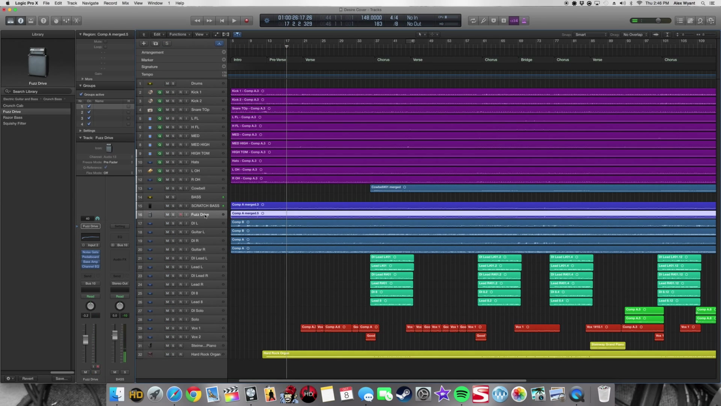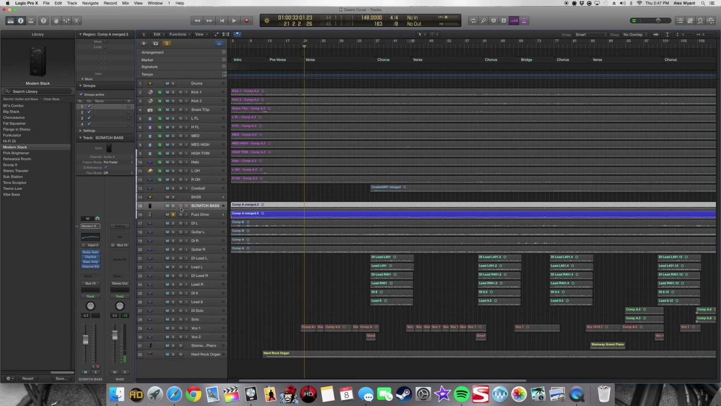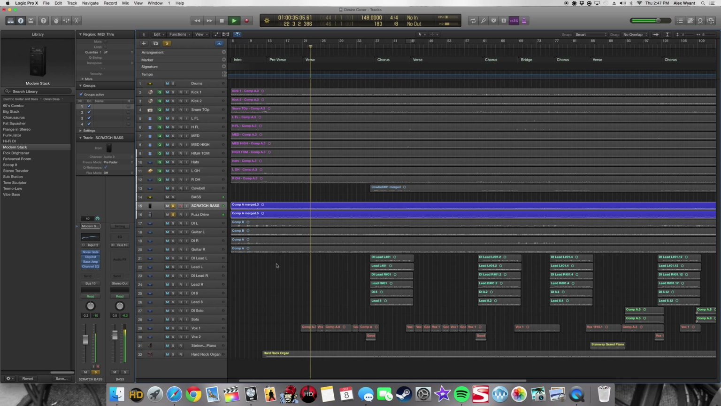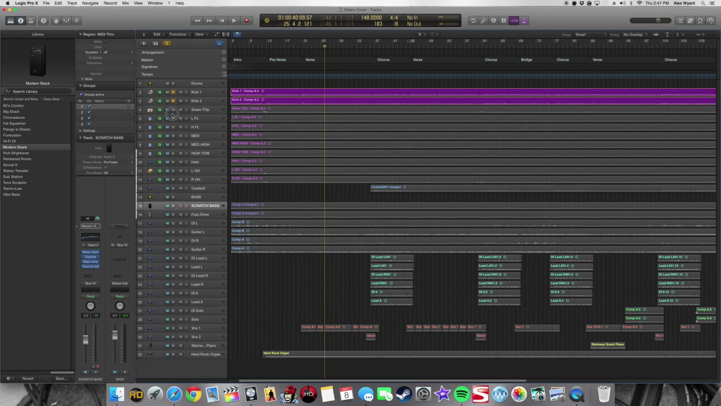And then I had the fuzz drive, which is a little bit dirtier, and I think a little bit bassier too. It's tighter than the modern, but add those together. So that's that. I'll go back and show you the bus processing I do on these